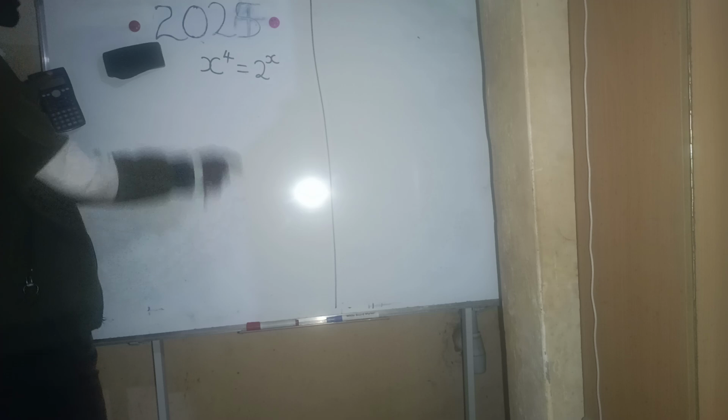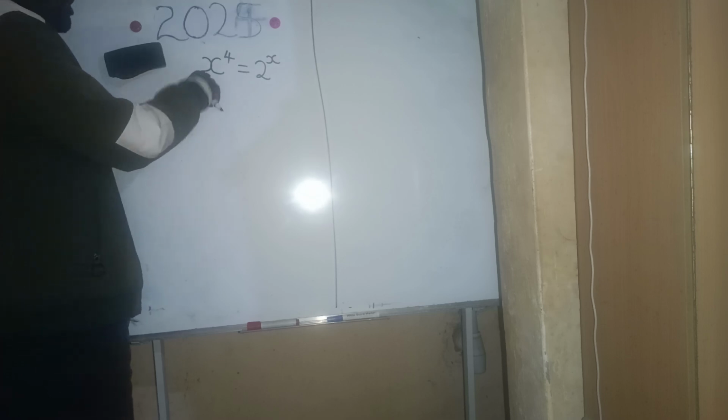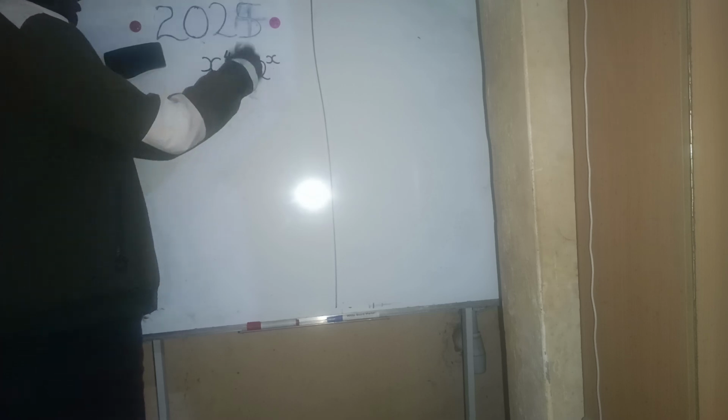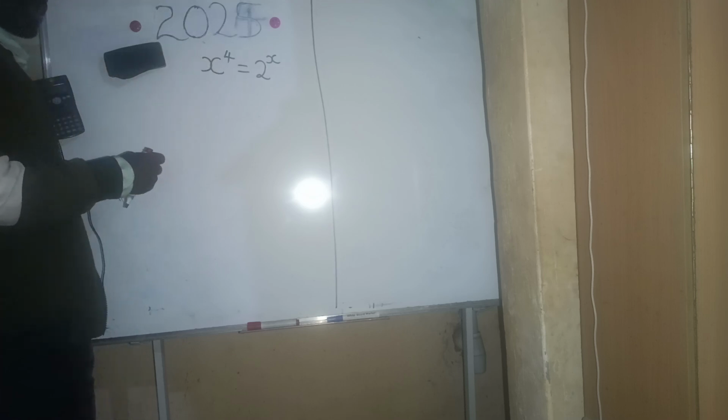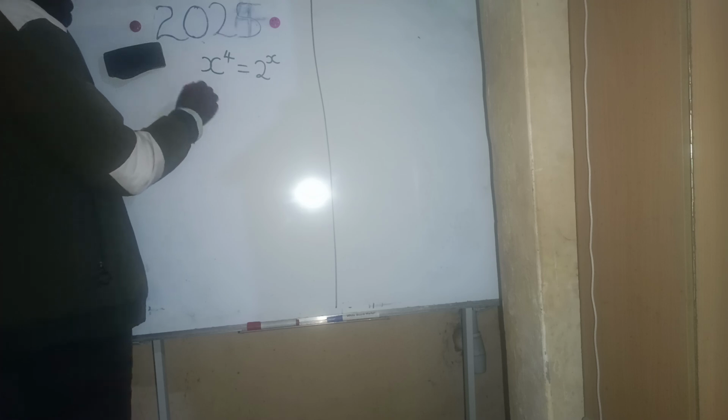Unfortunately, our variable in question is serving as a base on my left hand side of this question and serving as a power on my right hand side of the same question. What do we do? We shall employ the concept of making the powers reciprocated, so that you can get the value of our unknown. For example, I can come here and say x raised to 4 into, then I'm going to make